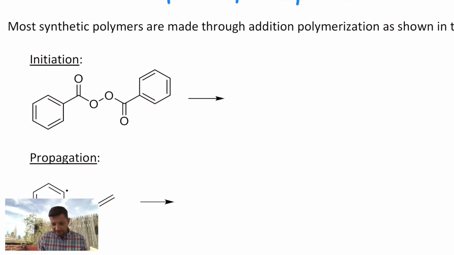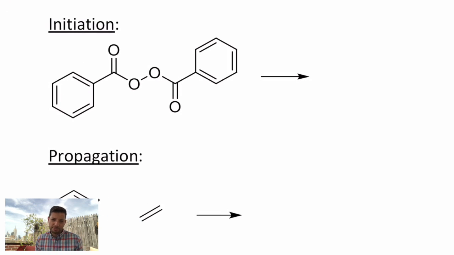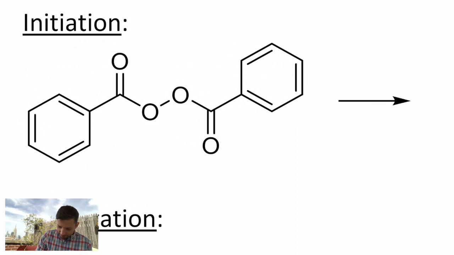How it works chemically, let's say I wanted to look at the polymerization of just an ethylene molecule to make polyethylene. You start with an initiator, such as this benzoyl peroxide. This is the same chemical substance that they put in certain anti-acne medications. It's a bactericide. It also works as a radical initiator, and that's because of this very weak oxygen-oxygen single bond, which on its own can split like so,